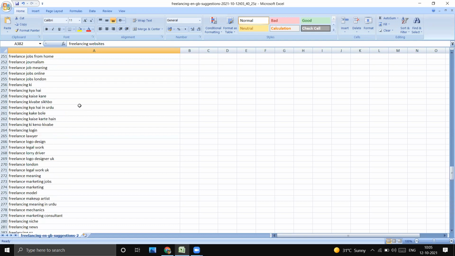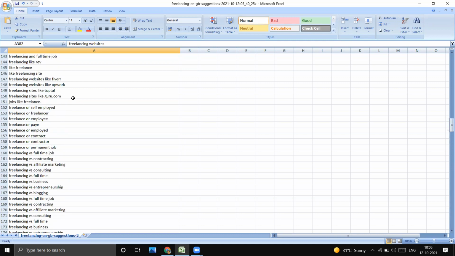Say here, with freelance, I can see that there is the keyword best freelancing sites, plus there is also the keyword suggestion best freelancing app. So we can structure our content around best freelancing websites. This will be one subheading, and under it we can list 10 best websites. Again we can add below it best freelancing apps. Under that we can add 5 to 10 best apps, and if they are affiliate links, we can provide them also, because blogs are created mainly for affiliate earnings and all.